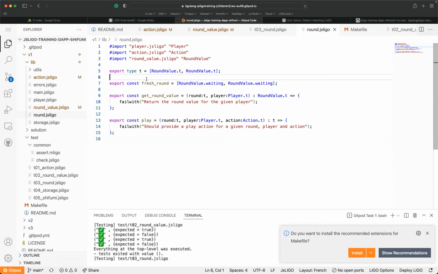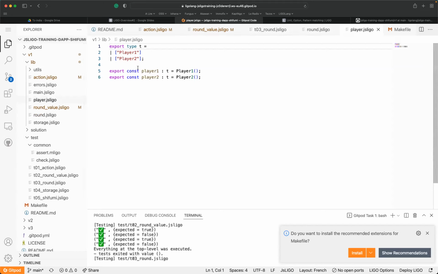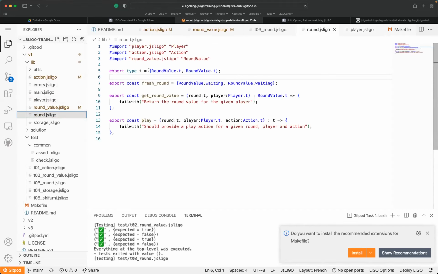For this purpose, I define a simple type which is called player, which is player 1 and player 2. It's just a constructor to reflect which player is playing right now. So we're going to see later how we're going to map this player with the external values. So here the round, in fact, should reflect the current state of a game, of a turn, okay?